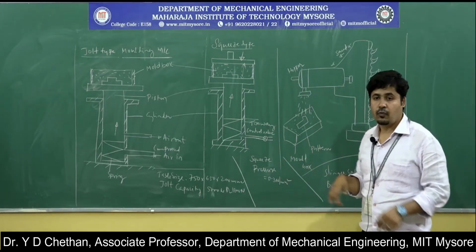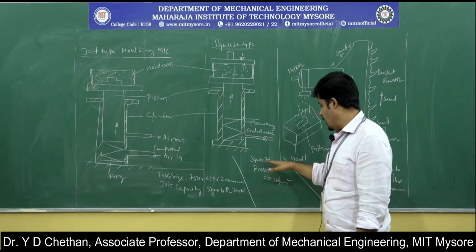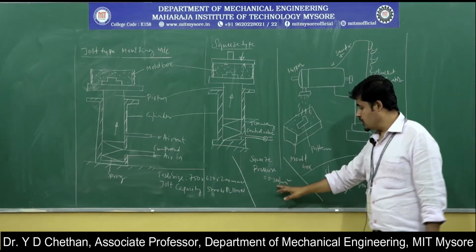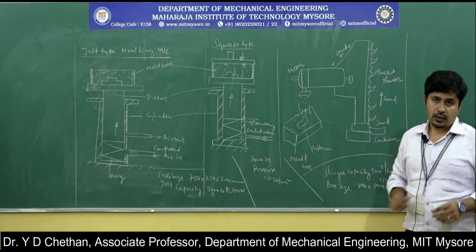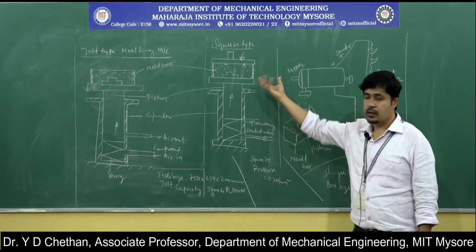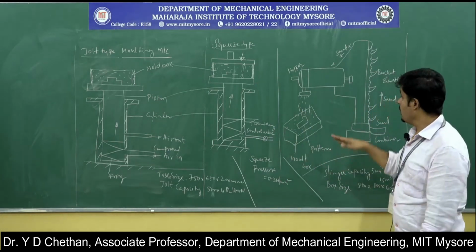We must talk in terms of volume. Then you can have a squeeze pressure of 0.3 Newton per millimeter square. That is the intensity of pressure required to get the desired quality of the mold. Then the next